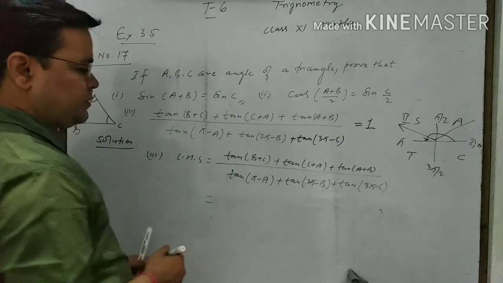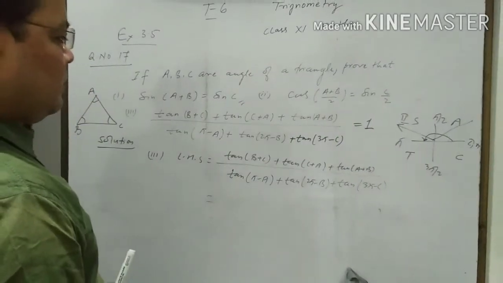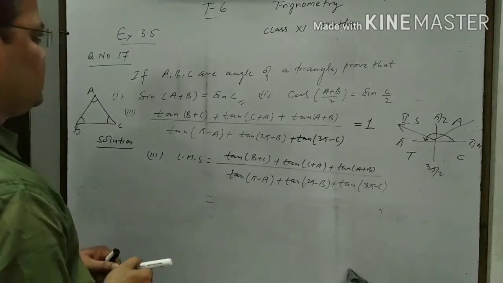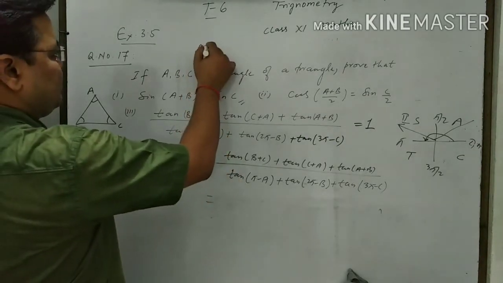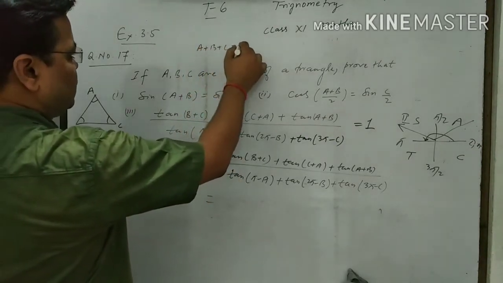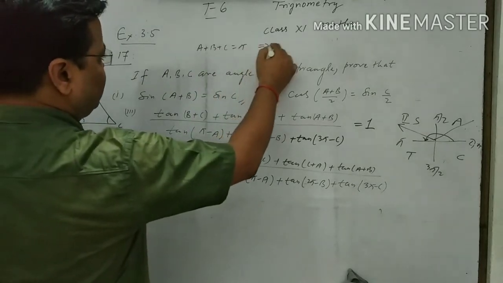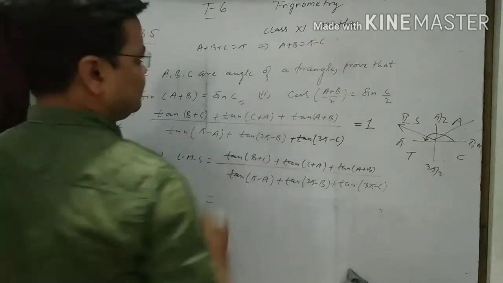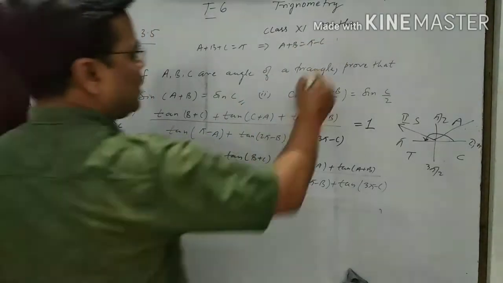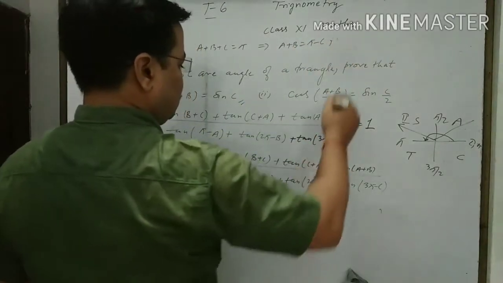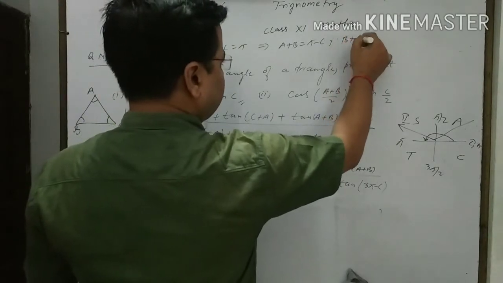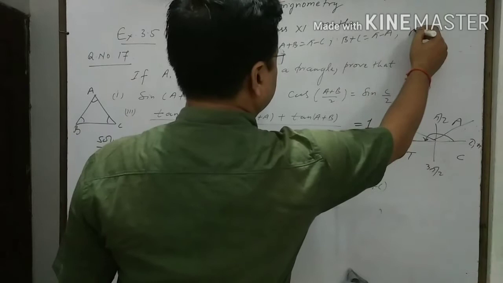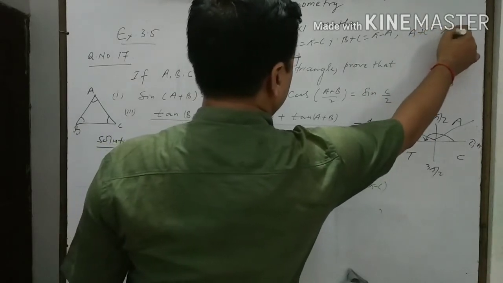Now look here. B + C, what can we write? Since we know that A + B + C = π, this implies that A + B = π − C. Again we can write B + C = π − A. Again we can write A + C = π −